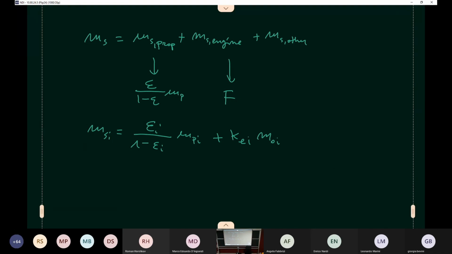So with this, I will not make all the steps, but we can make some of the steps needed for the definition of the contribution of different stages, by just changing something, because if I define now our mass ratio,